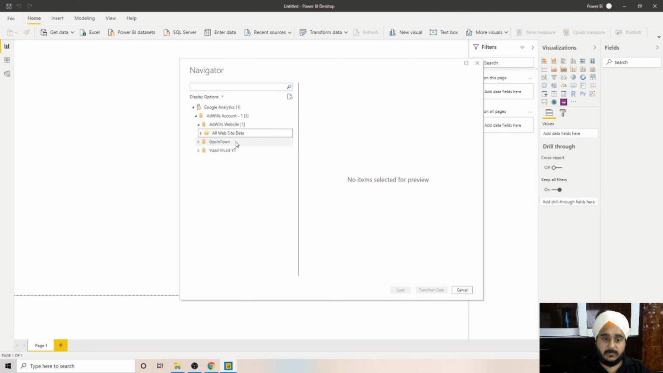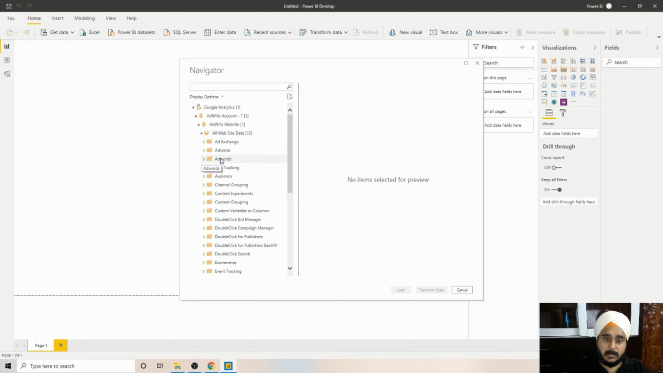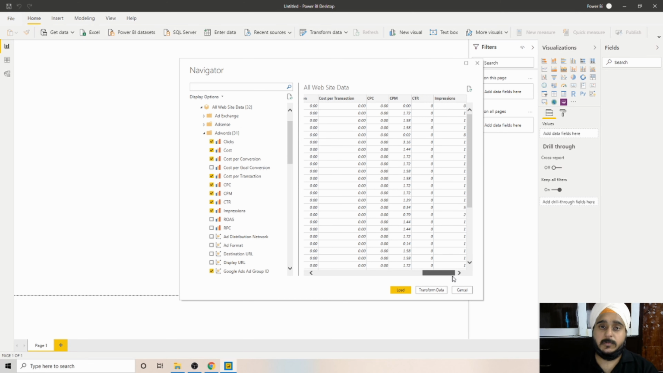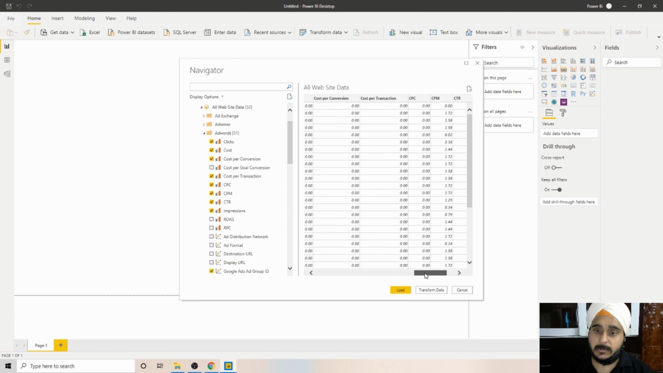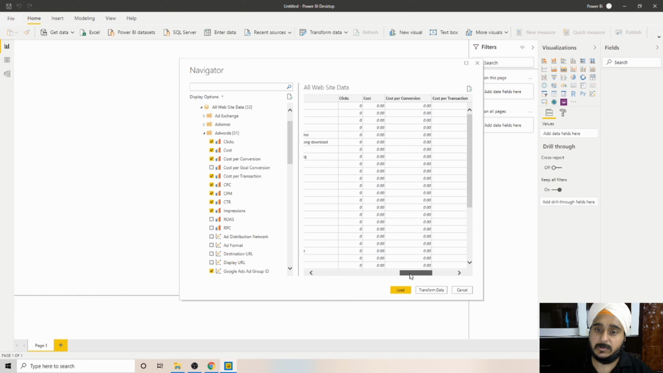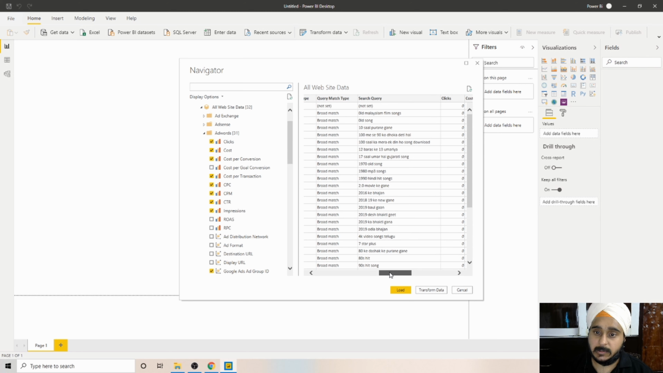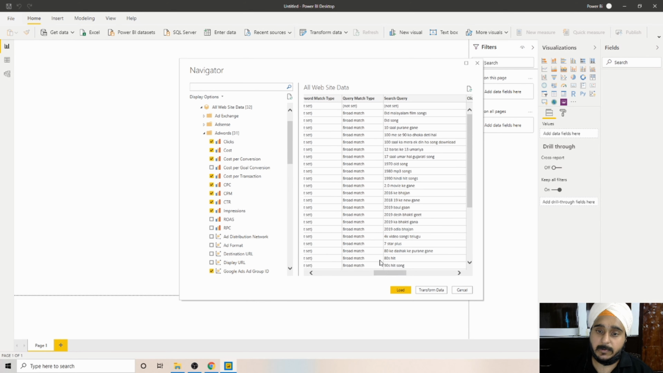So I'm getting this view data, and I'm just going to expand for this view. I'm only interested in the AdWords section at the moment, and I'm going to get clicks data, cost data. So what we have done is we have imported the impressions, the click-through rate, CPM, cost per click, cost per transaction, cost per conversion, cost, clicks, and the query,